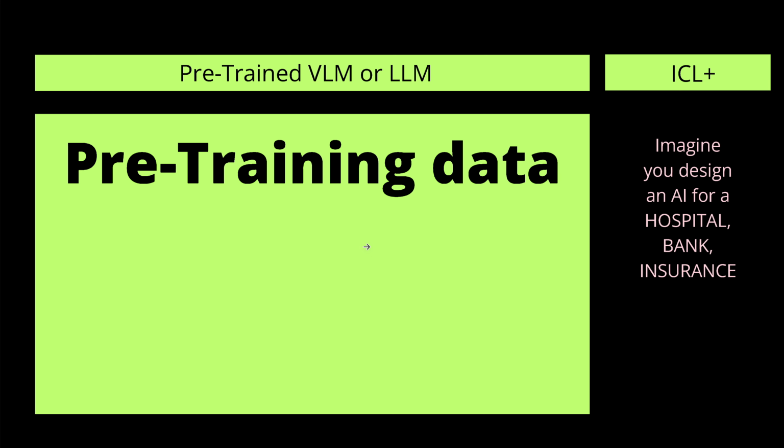Now, GPT-4 Omni has to be a system for everything, for everybody on this planet. But if we now design special systems for very specific tasks in a hospital, in a bank, where you can say,